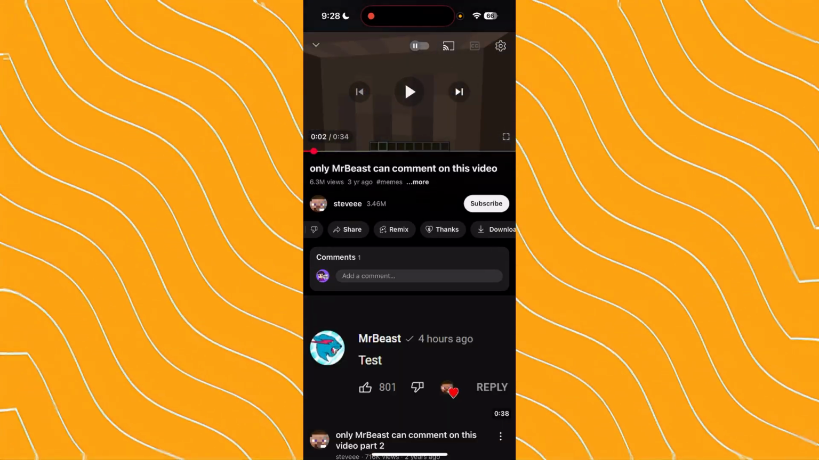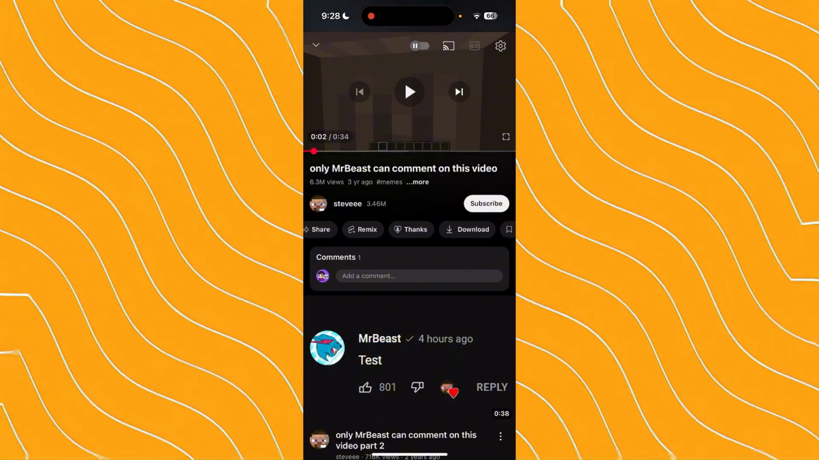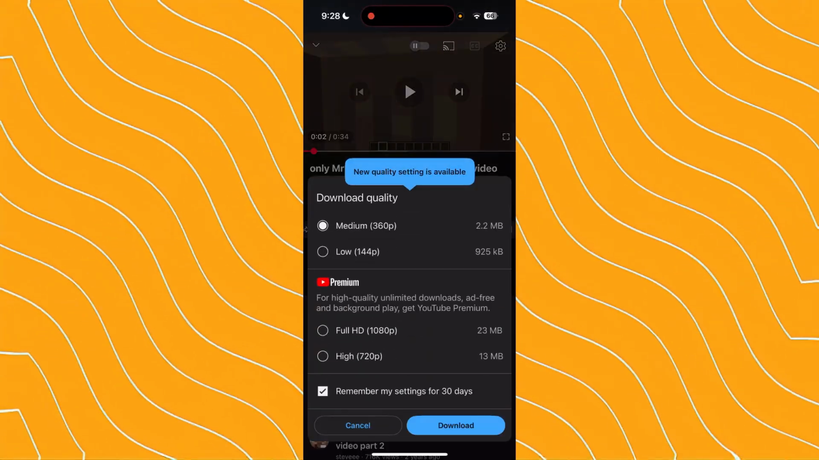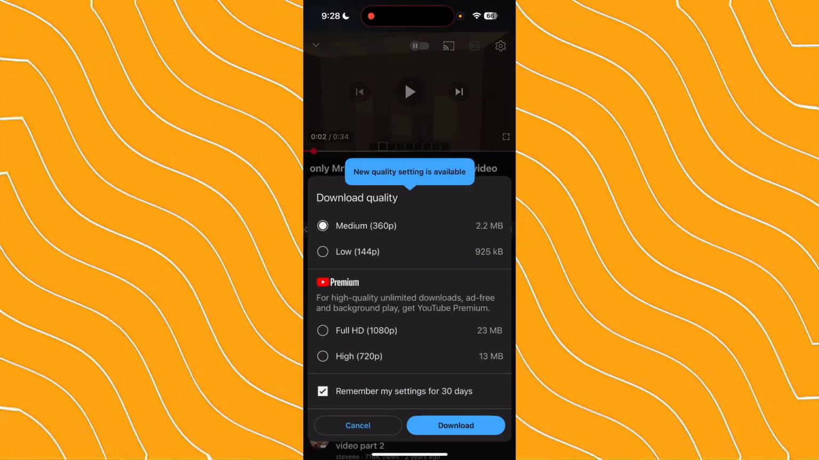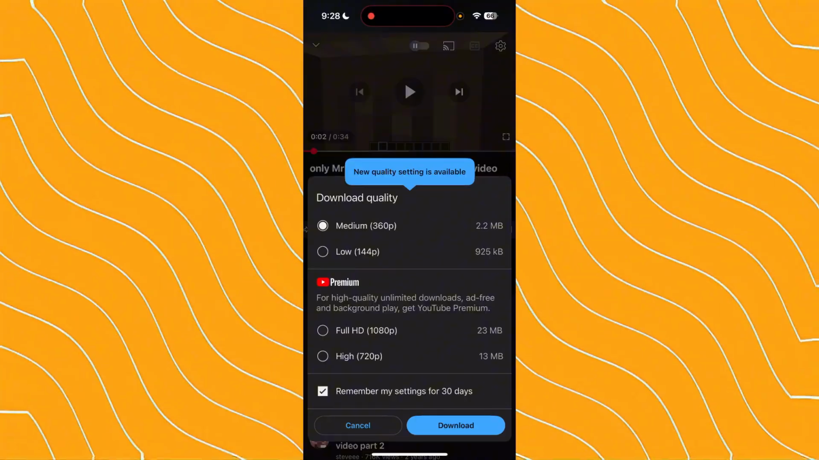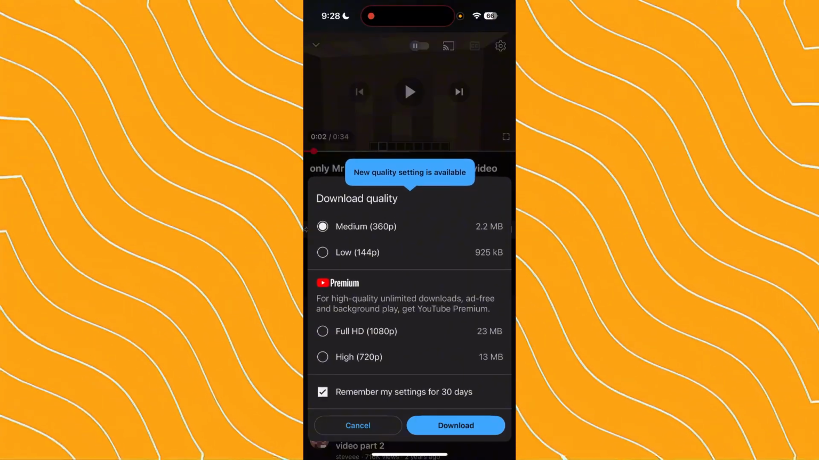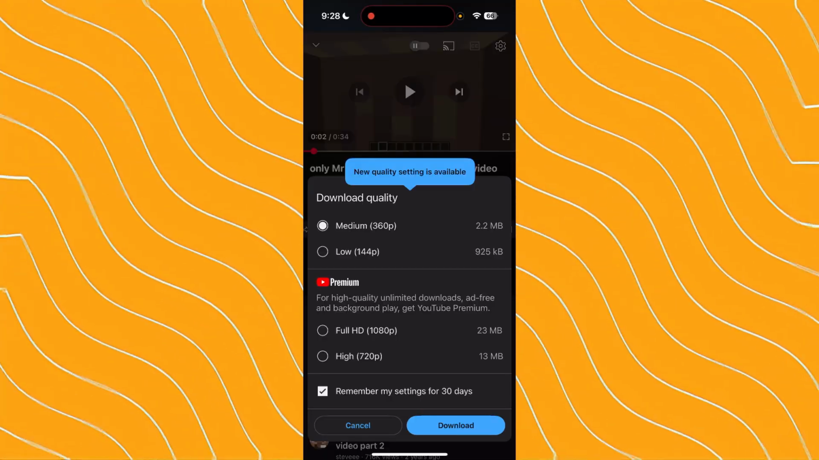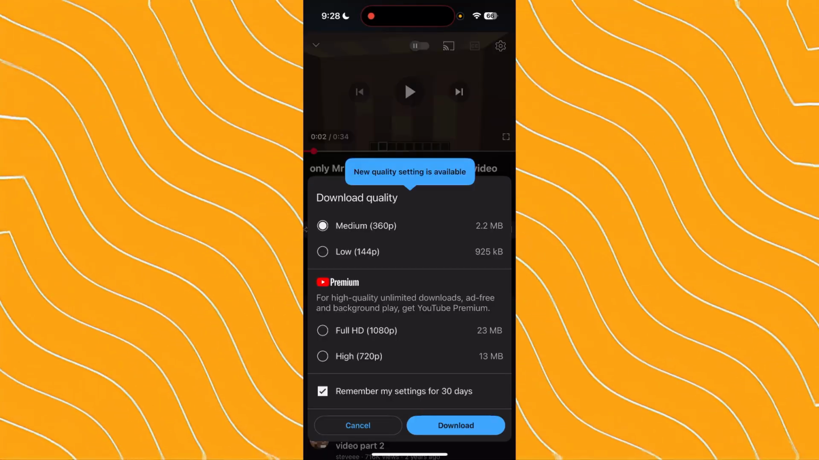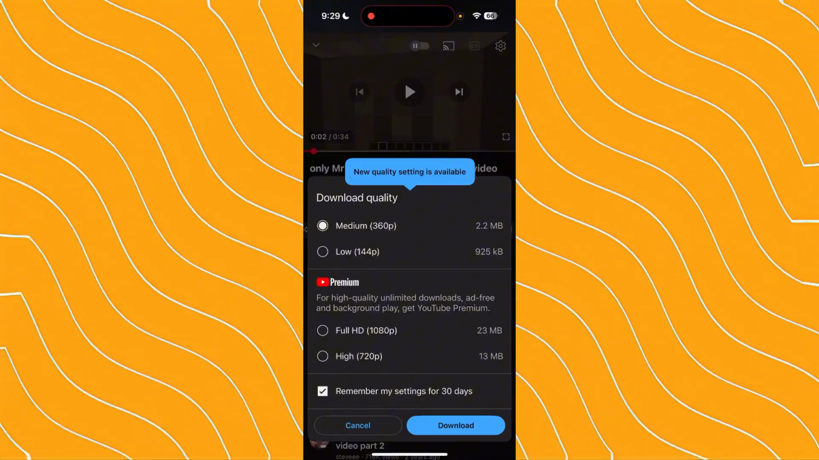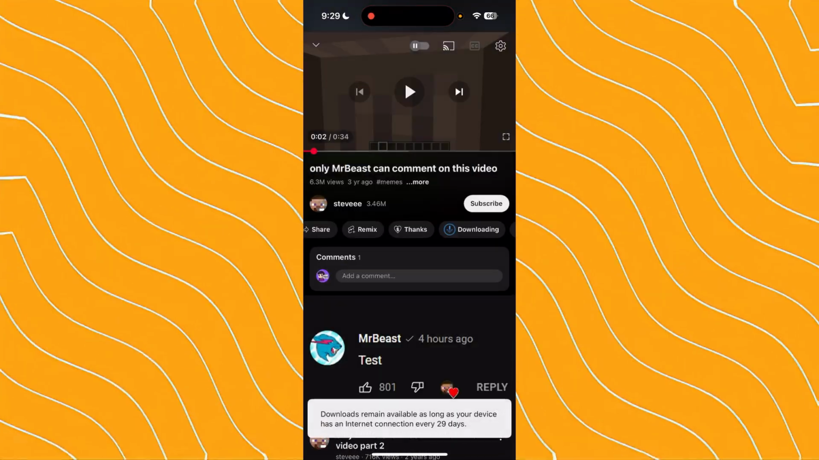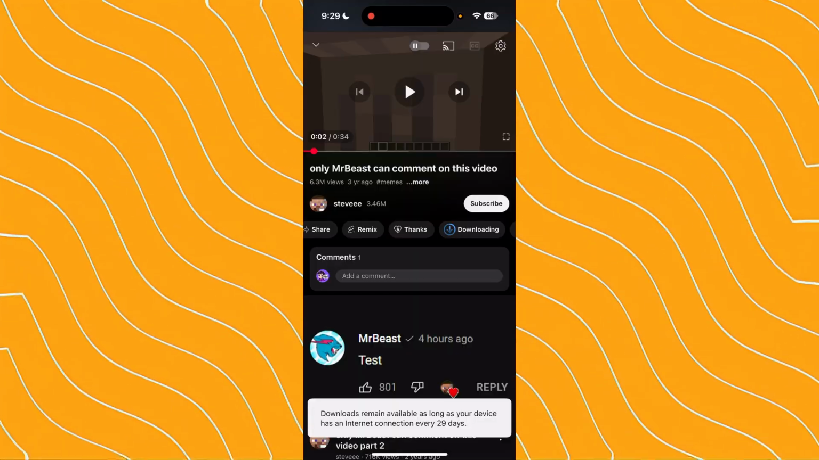And now just scroll here and you will see an option called download button. Just hit on it. And now you will see an option. For me, I can only download the medium or low quality videos. But if you have the premium version, you can also download it in full HD or in high quality. And just tap on download button and the video will now be saved inside your YouTube, so now you can